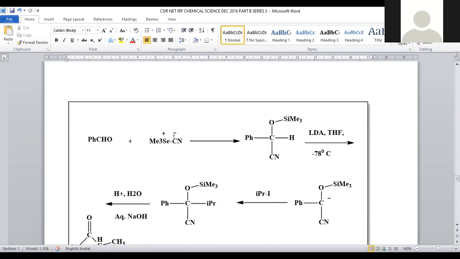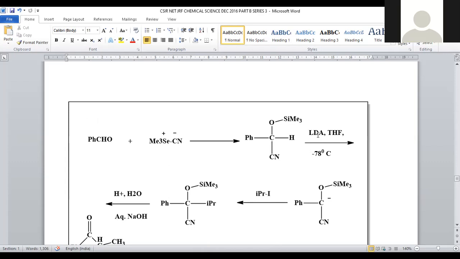Upon treating, selenium being positive, cyano group negative, what happens? This will participate in the addition reaction. Cyanohydrin type of reaction will be possible. So here, when we are taking this aldehyde, the carbonyl group is there, right? So carbonyl oxygen negative, carbon positive. So here, oxygen negative attached with the selenium moiety, CN will be attached to carbon. Nucleophilic addition product is generated. Cyano will be attached to carbon, and trimethyl selenium will be attached to oxygen.